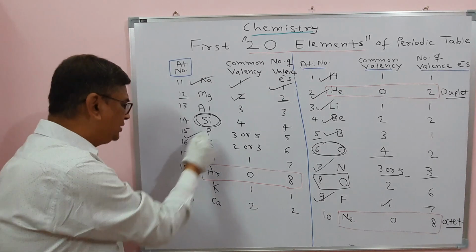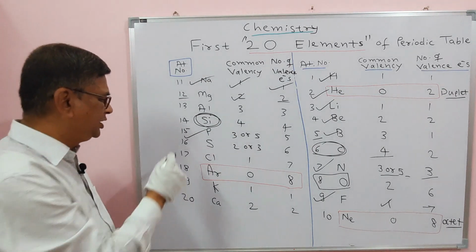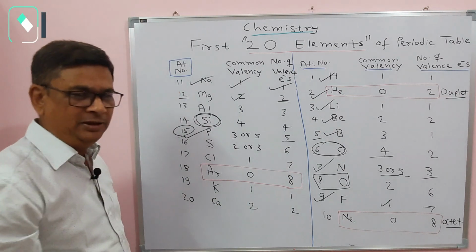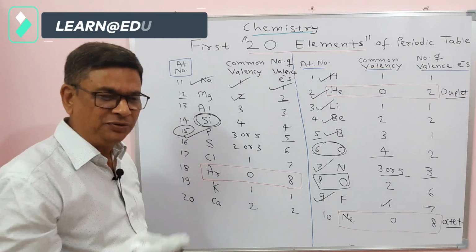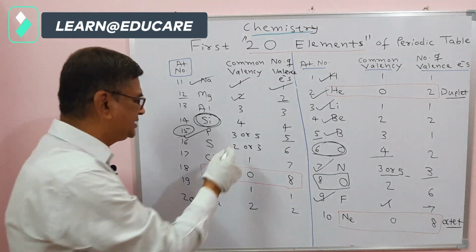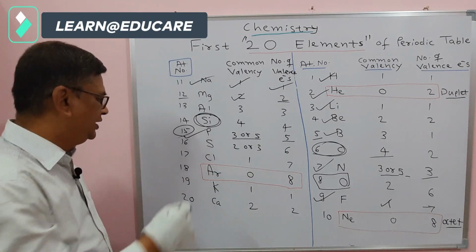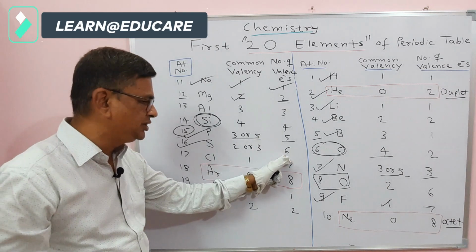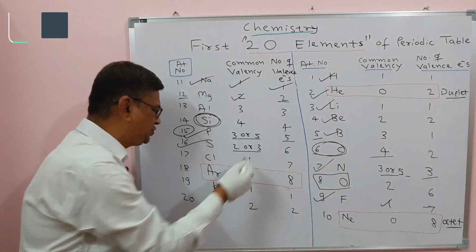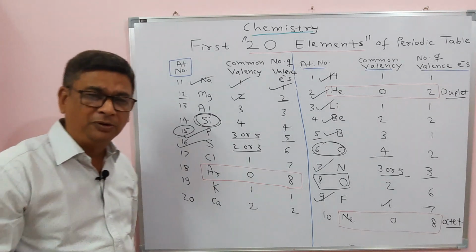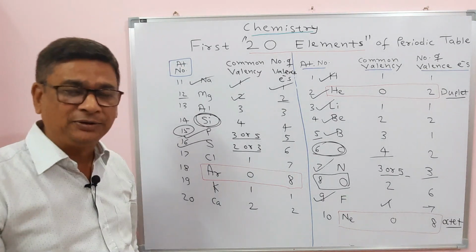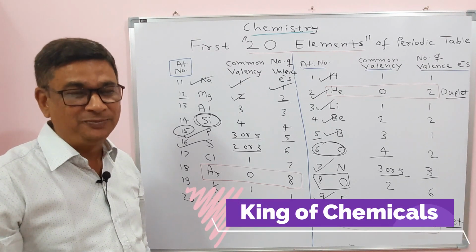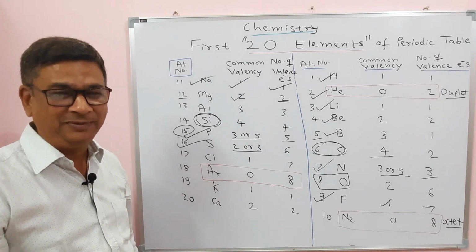Then the next one is phosphorus, whose atomic number is 15 and it has 5 electrons in the outermost shell. By that configuration, 2, 8, 5, written shell-wise, you know perhaps, and its common valency is 3 or 5. Next one is sulfur. Its atomic number is 16, it has 6 electrons in the outermost shell, it has valency 2 or 3. Sulfur is very important, its compound sulfuric acid, H2SO4, is termed the king of chemicals; you may search and check whether that is correct or not.